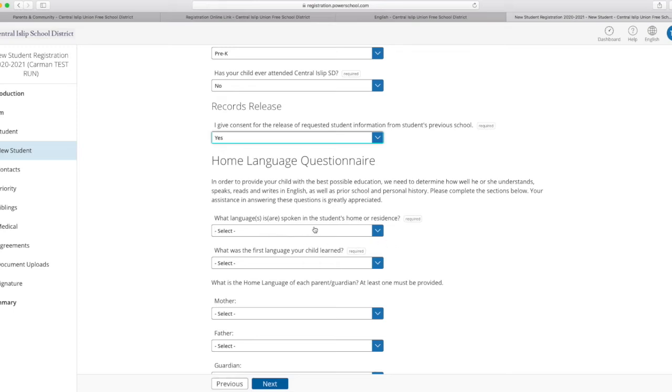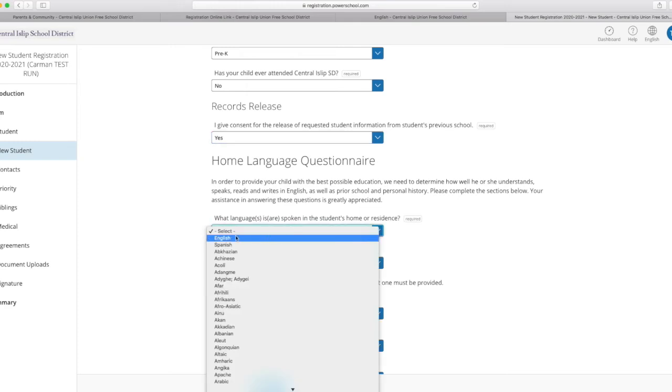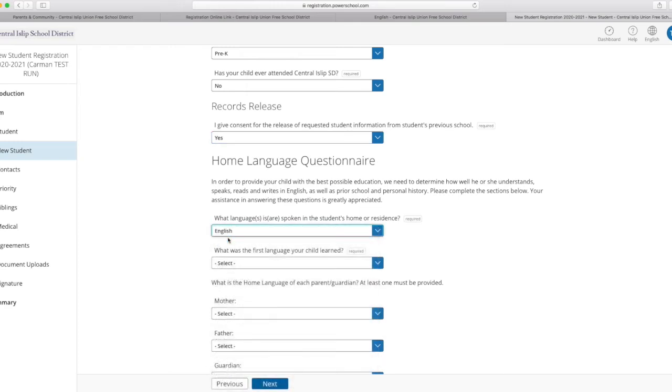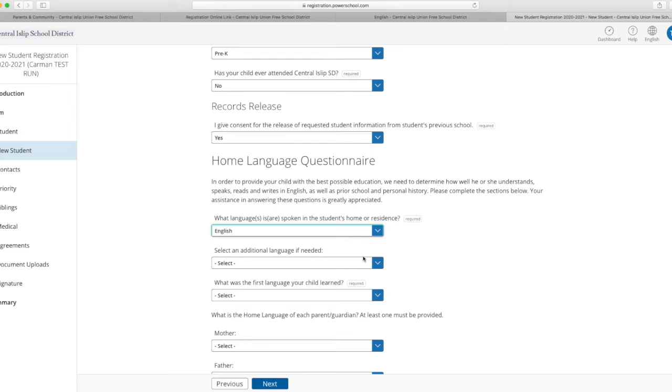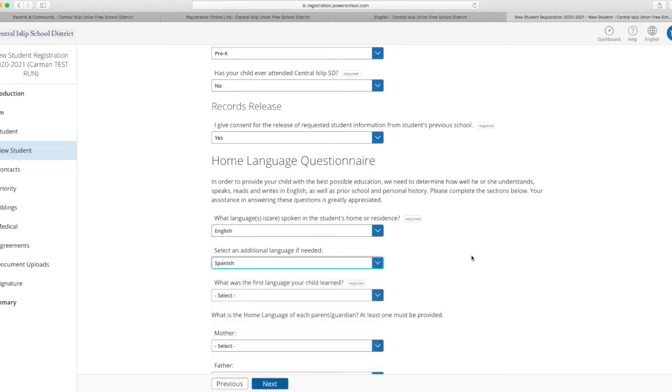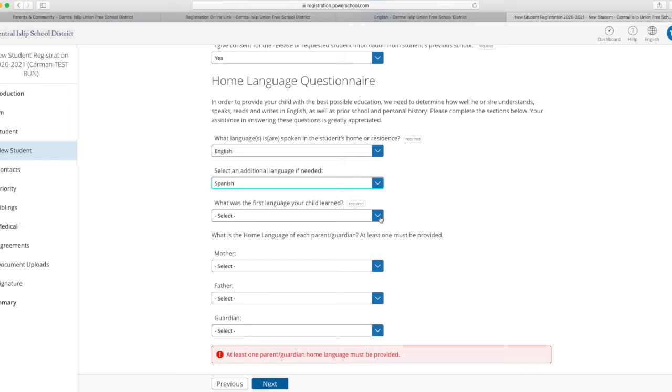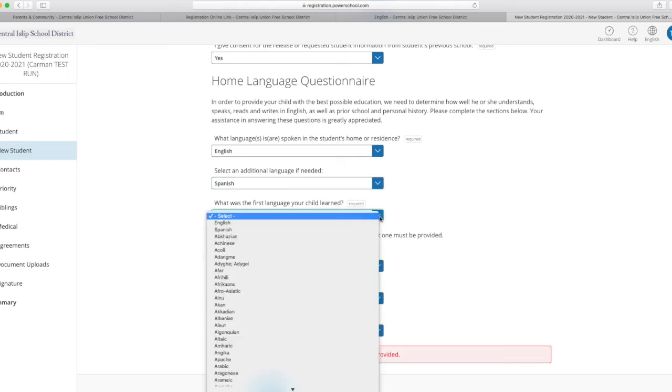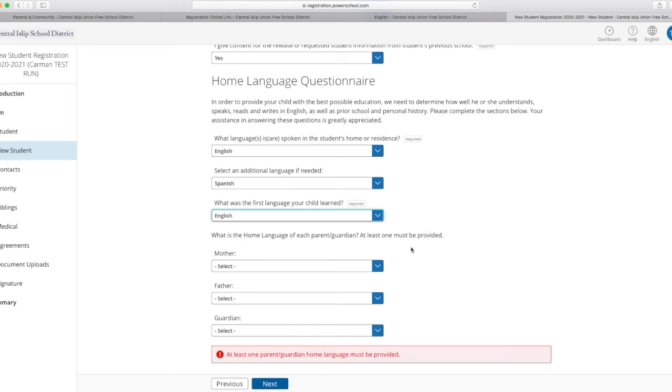What language is spoken in the student's home? I'm going to select English. Select an additional language if needed. Okay, I'll put Spanish. A lot of these questions are trigger questions, and I'm going to explain what trigger questions are. What was the first language your child learned? Let's say English. Trigger questions, it means that depending on how I respond to a specific question, it's going to